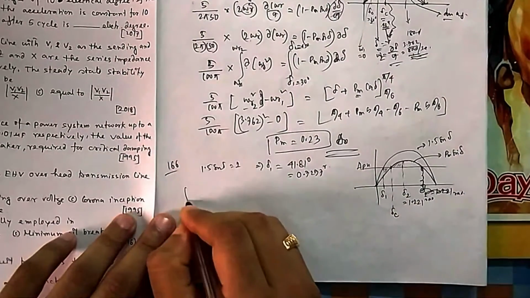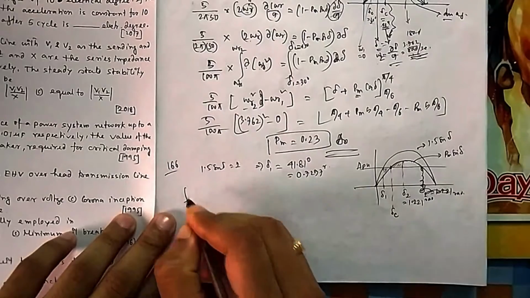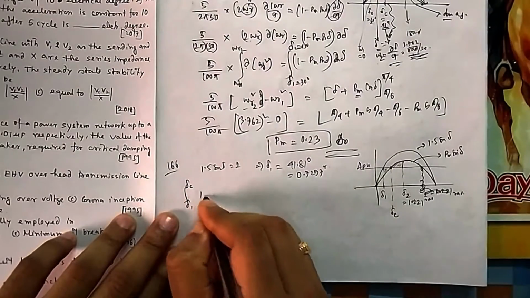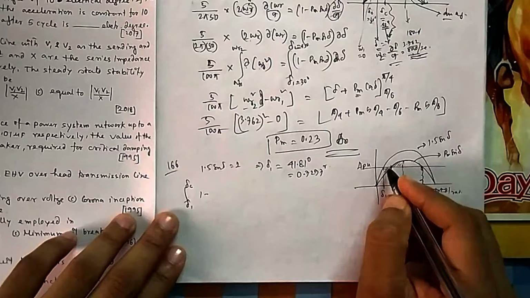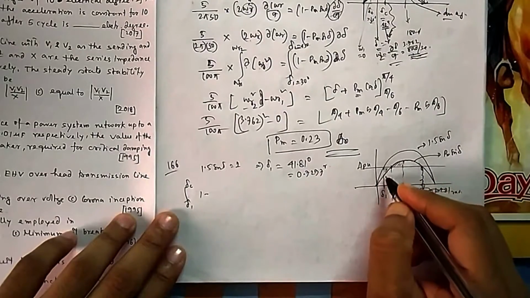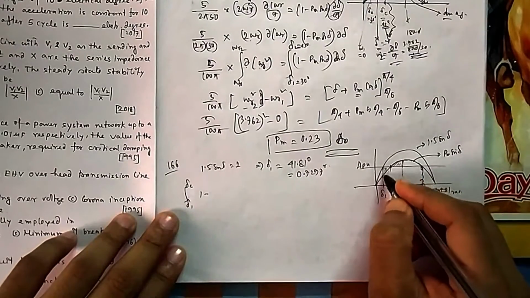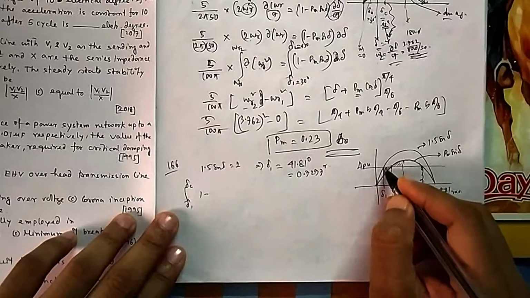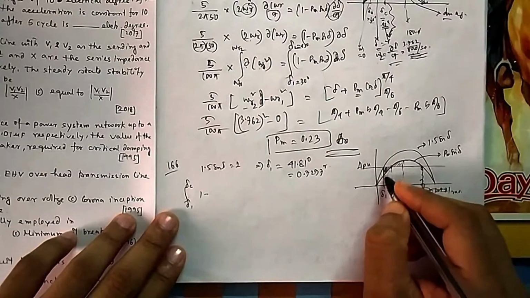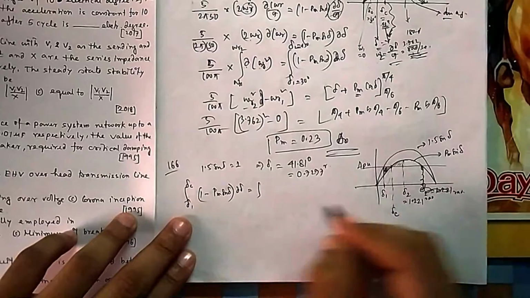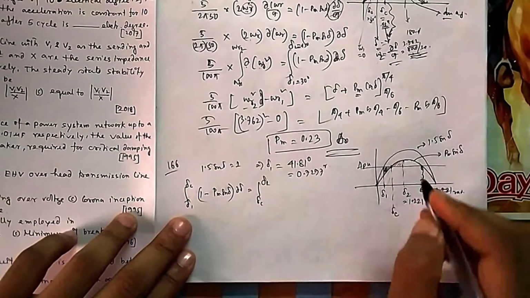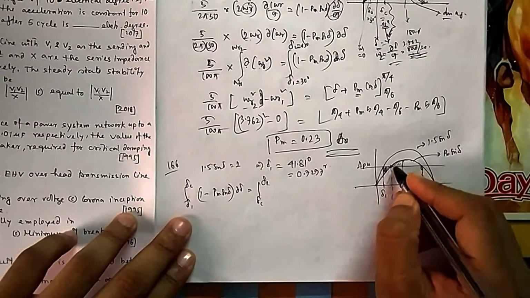So now if you integrate, it will be delta 1 to delta C of 1 minus this area. Total area is 1. If you integrate 1, then you will get the total area minus the lower area. You will get this small triangle. The triangle shape looks like this. Now, this is Pm sin delta d delta, from delta C to delta 2.